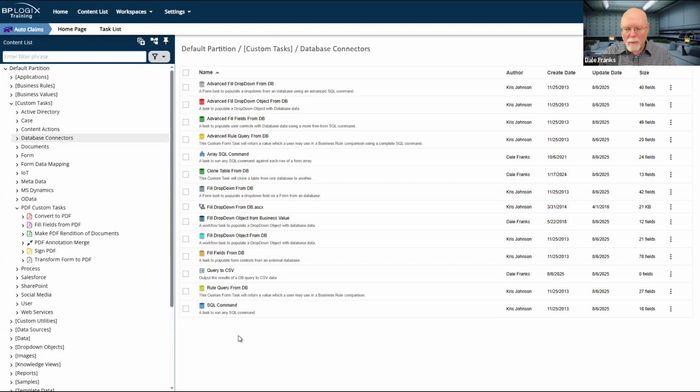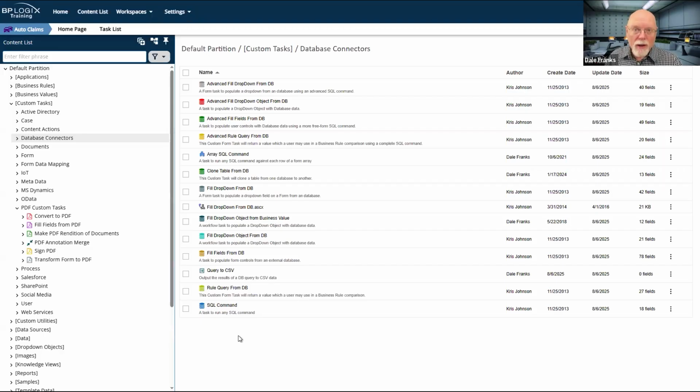Because remember, when you create a business value, it virtualizes the data so I can drop that business value in any form or any process timeline, pull the data back, evaluate it, change data on the forms with it. It is a global object that any of your implementers can use. And for most cases, that's fine.